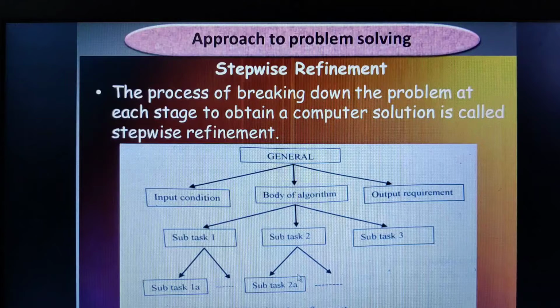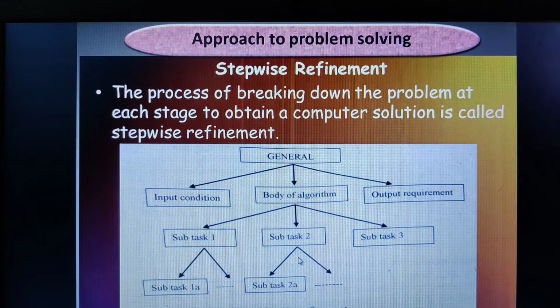That means the given overall problem is divided into further subproblems, and those subproblems are divided into further smaller subproblems. This process keeps on continuing until we attain the computer solution. This process we call stepwise refinement.